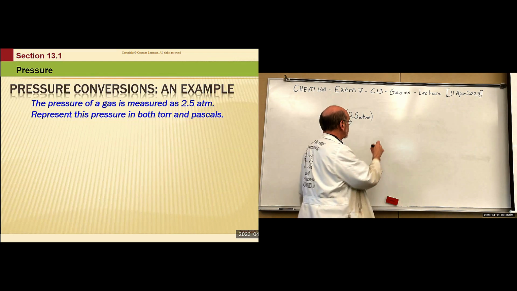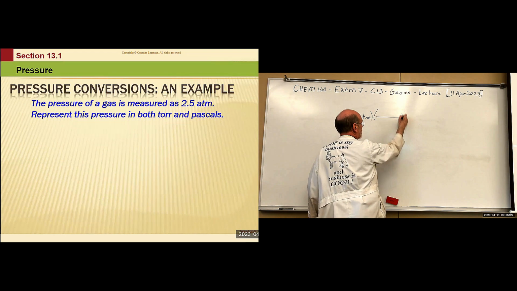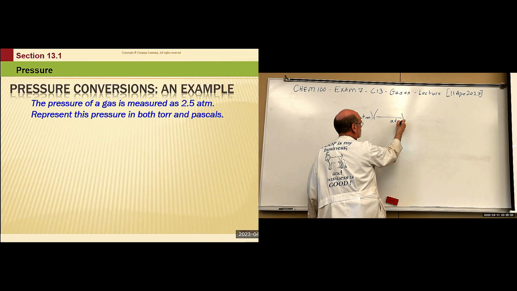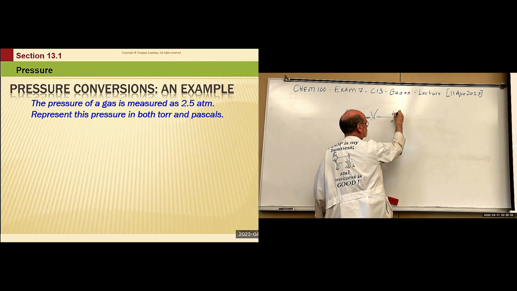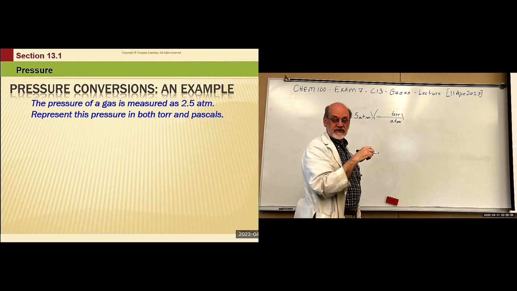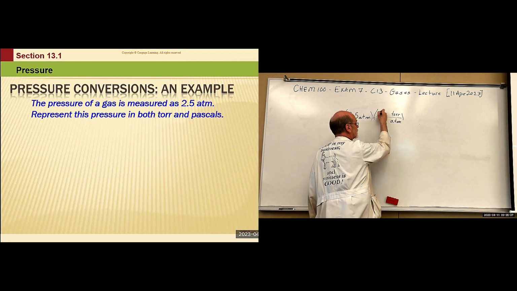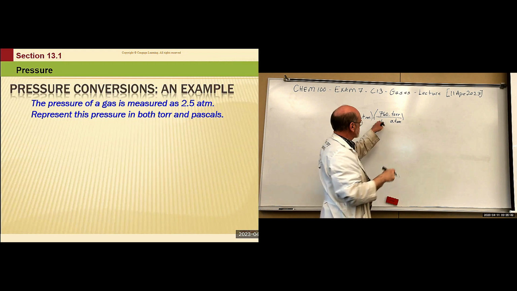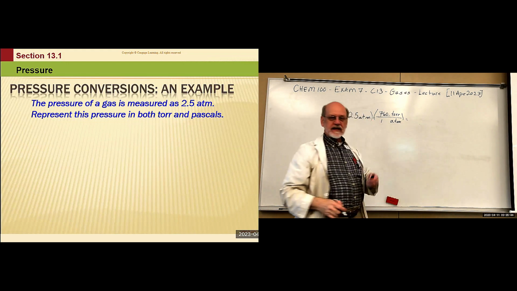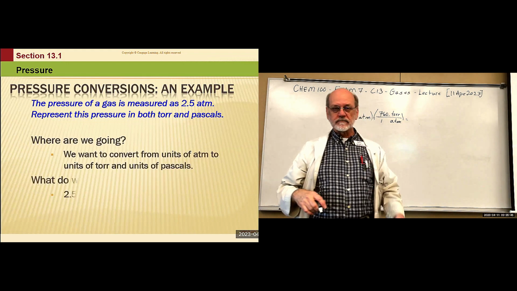So for the first one, you need a conversion factor that will cancel atmospheres, numerator, denominator, and leave us with torr. Well, we know how many torr there are in one atmosphere, right? 760. So 760 times 2.5 gives us the value for